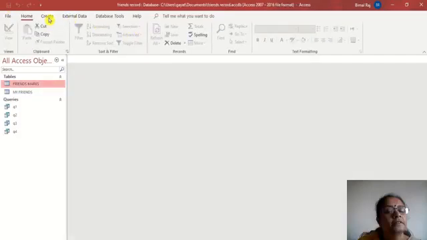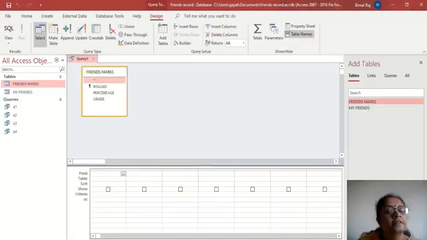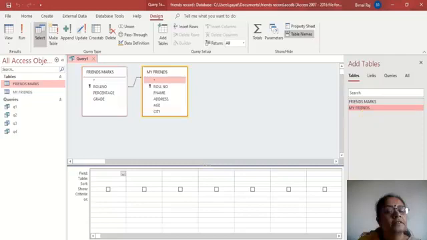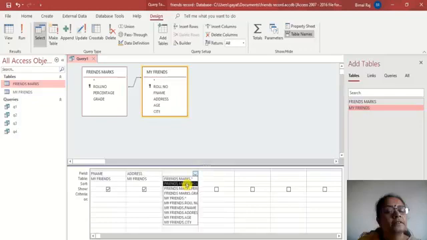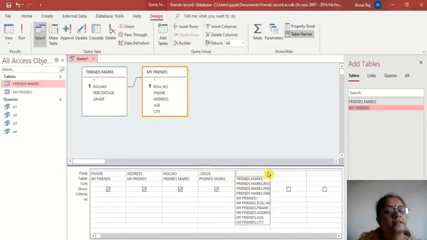Now again go back to create query design, and this time I am going to select both the tables and I want, now see the relationship has already been set, so it is there here, and now I want from the friends table the friend's name and maybe the friend's address, and from the marks table I want the roll number and the marks and the grade.